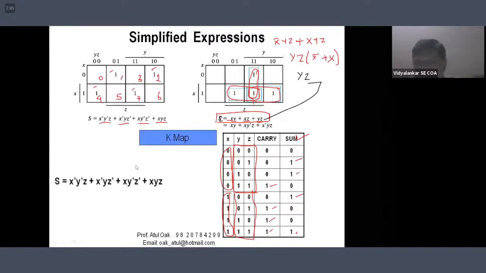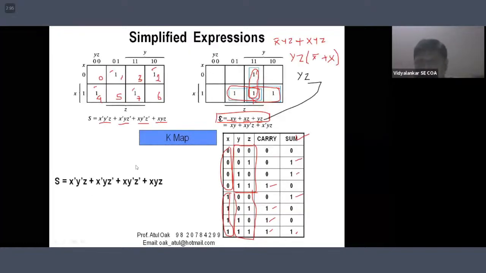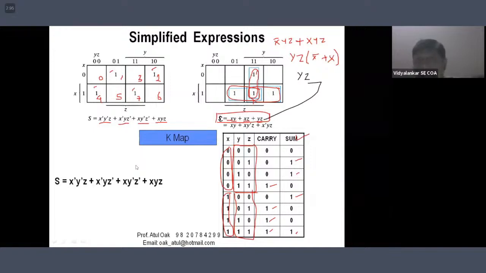I was telling you about the vertical ones, which I discussed with you. See, when we move vertically, what happens is that x is changing from 0 to 1 and x is getting eliminated. Why is this happening? The reason is, if you see this one, this is x bar yz, and if you see this particular one, this is x yz. yz is common, so in bracket x bar